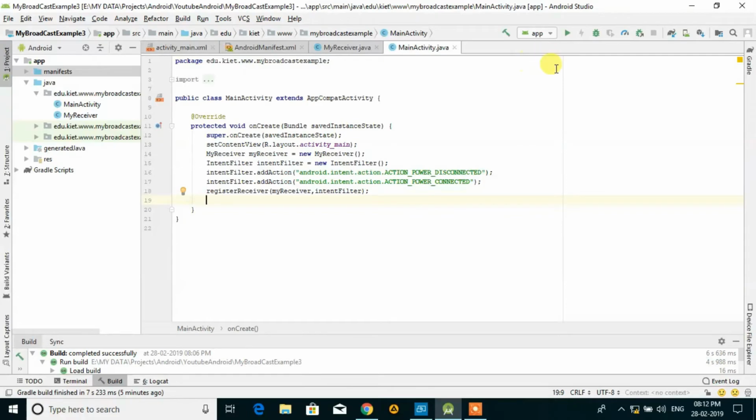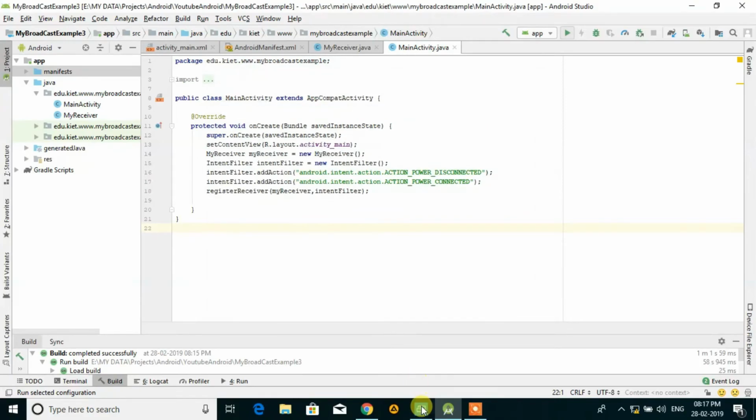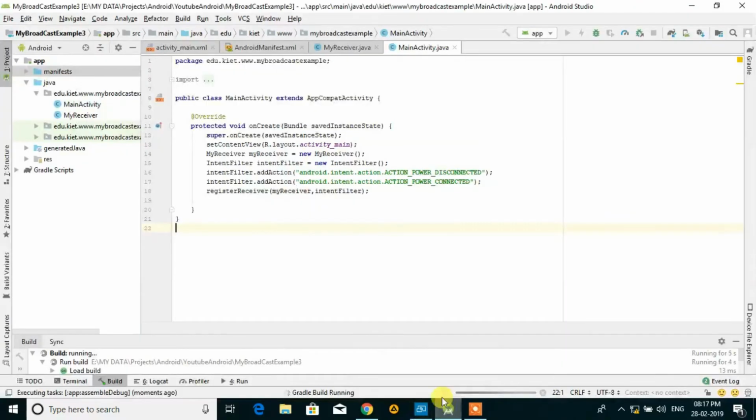Okay, now it's time to run the code. Now you see the result. My mobile is connected, and when I click run, the output will come on my mobile. It's executing, taking a little bit of time.